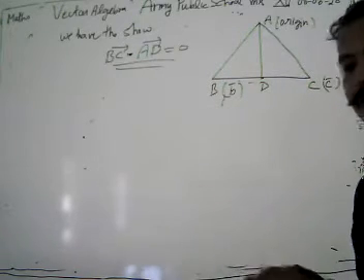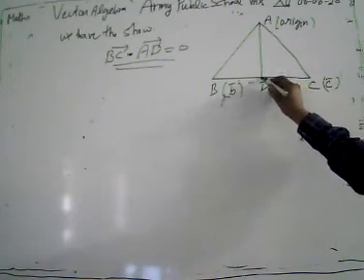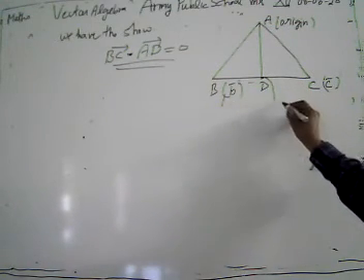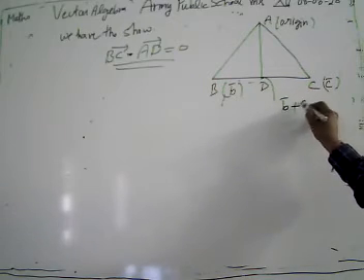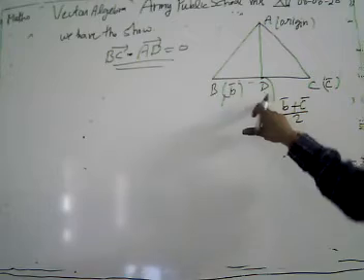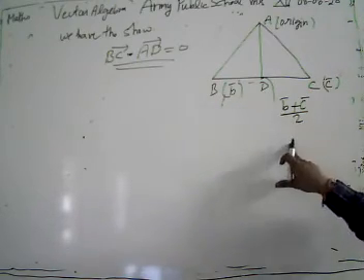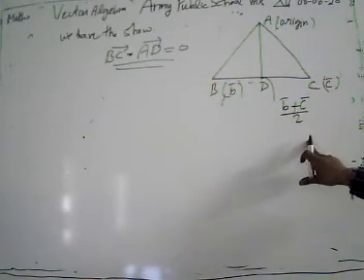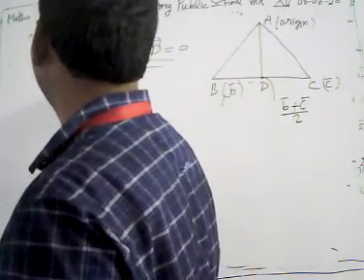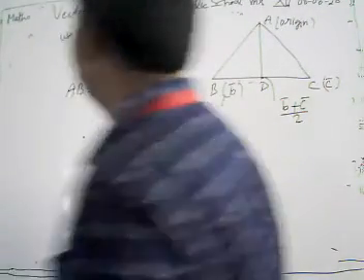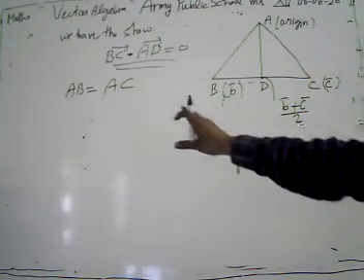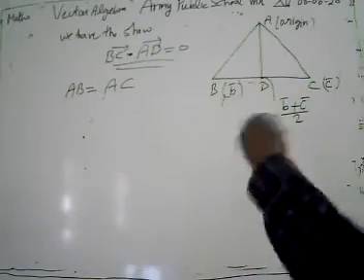Now look, we get the coordinate of D. How can we get it? Since D is the midpoint of BC, the coordinate of D is given by the midpoint formula by the vector method, b plus c by 2. Look, it is given that our triangle is isosceles. Then what do we have? Since our triangle is isosceles, we have AB equal to AC.